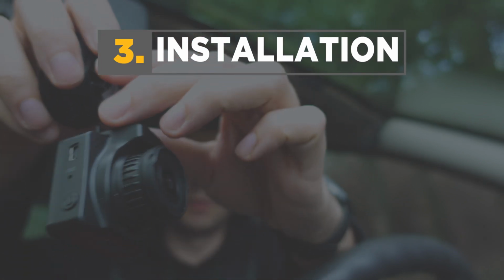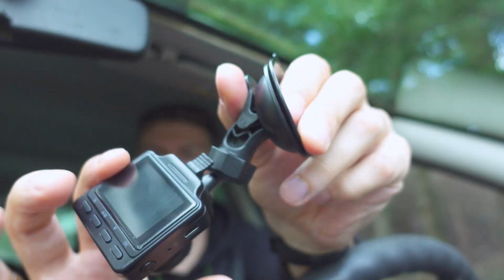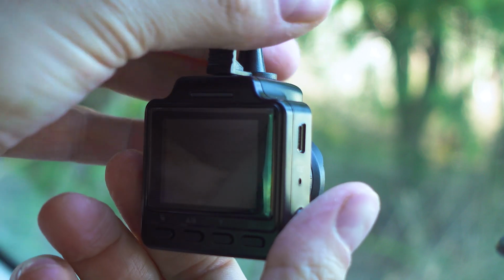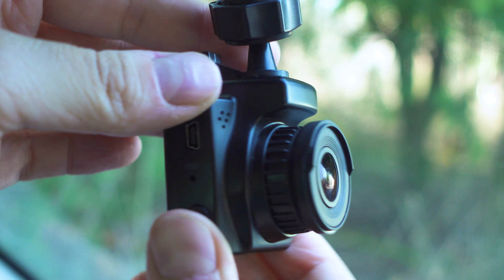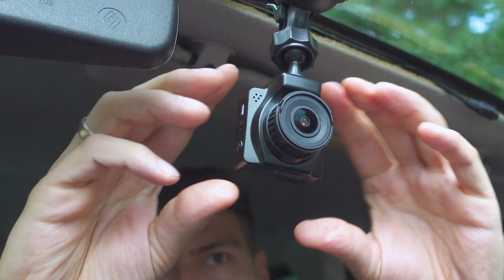Recommended is to put the camera in front of the seat next to the driver, somewhere away from your line of sight. Great fact about the B2K is the angle adjustment. It can go in any direction, which I found very useful in case you want to tilt it for a moment. Let's say something happens right next to you while you're waiting for the green traffic light, and just loosen up and adjust. The cable included is long enough, be creative, find a good way to hide the cable, and